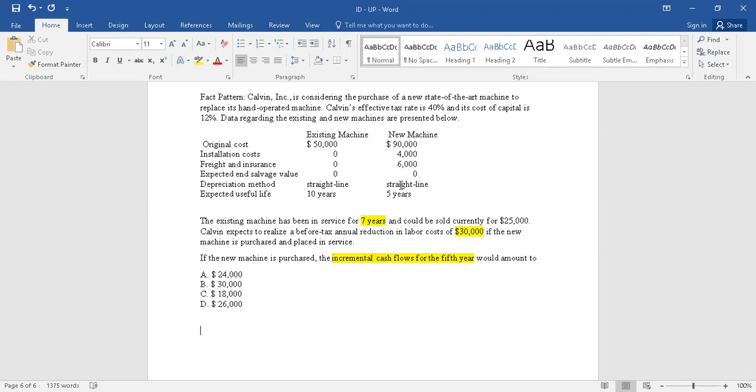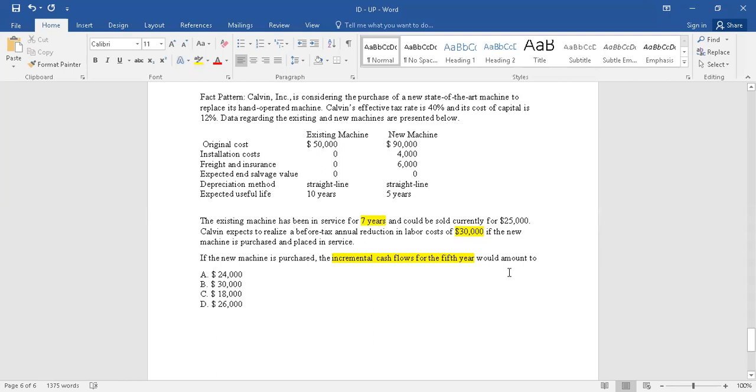In the 4th and 5th years, there would be no incremental cash flow because by the end of the 10th year for the existing machine, it would be the 3rd year for the new machine. So in the 4th and 5th year, there would be absolutely no concept of incremental cash flow. Whatever is the cash flow is the cash flow which is realized from the use of the new machine. Now in this case, if the new machine is purchased, the incremental cash flow for the 5th year would amount to